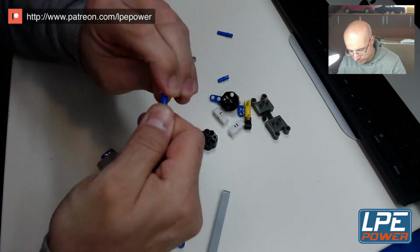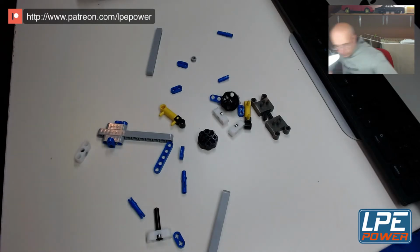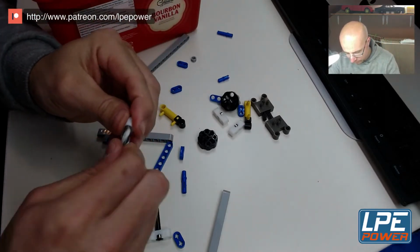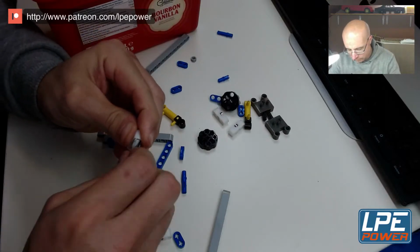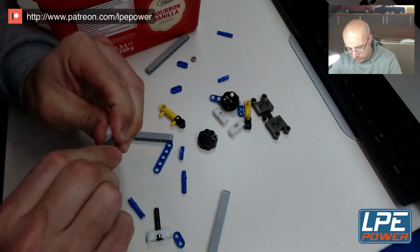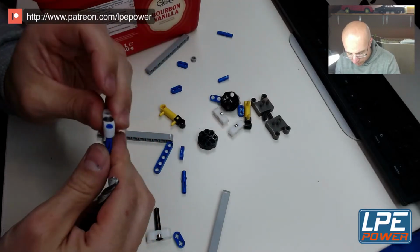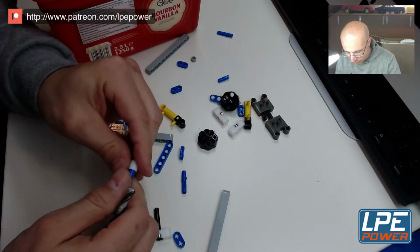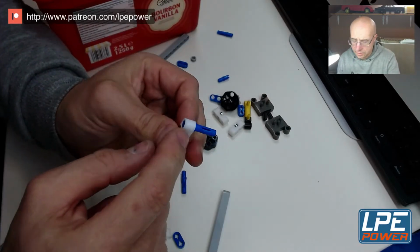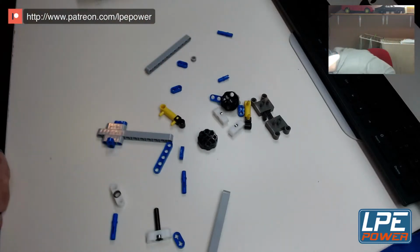So yeah, I don't have my drill. Let's see if I can do something with my hands. I mean, we're going to design it like this, and then I'm going to drill these a little bit more so that these grooves here can sit in more. Otherwise, this is gonna have a gap, and that's not gonna be good. So yeah, I'm gonna get the drill later